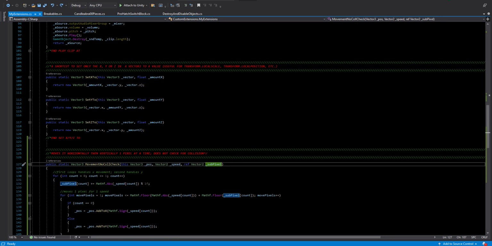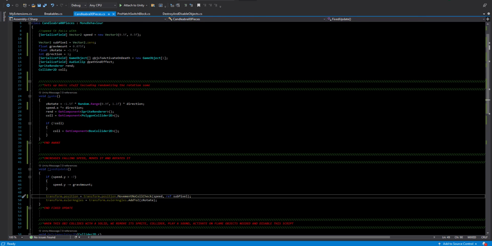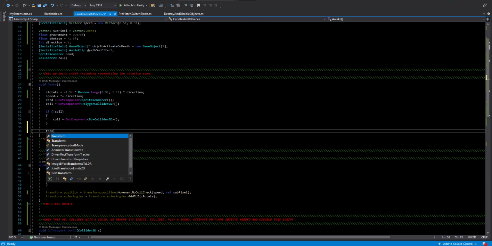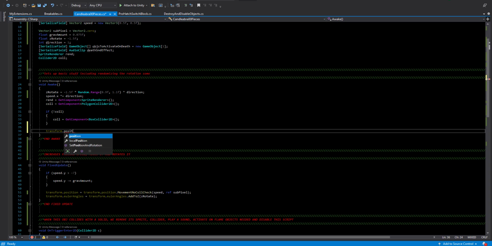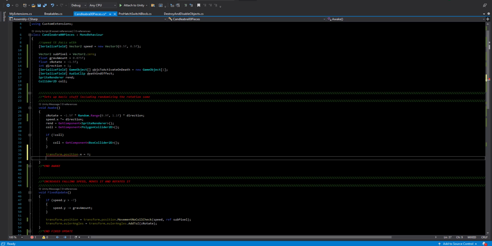It's also good at saving you time when it comes to just typing out things. For example, dealing with the transform and dot position, local scale, rotation, whatever. Let's say position. If I want to modify the X value of position, normally you can't do that. Getting an error, as you can see here. Cannot modify the return value of transform.position because it's not a variable. On the other hand, if I was to modify a variable I have above that is a Vector2 and I wanted to change the X value,